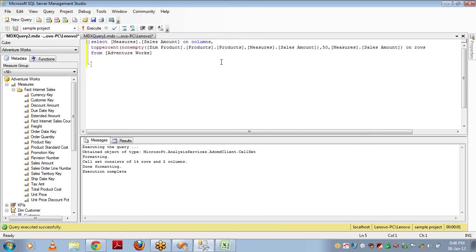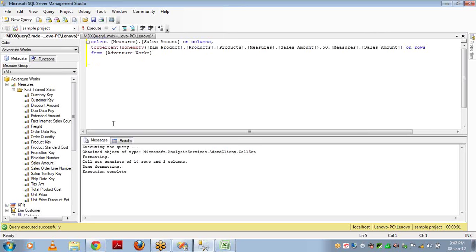No, sorry, I'm extremely sorry. It will return you the data where the sum of the values becomes 50% of the total sales amount. For example, if I have a sales amount of 10 million, and if I give 50, then it will give you the number of records which will form 5 million of sales amount.